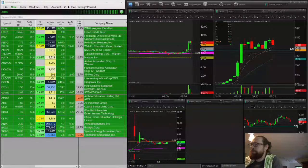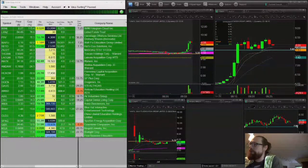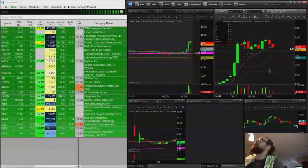Watching down here for a bounce off 8. As long as it holds $8 support. I sold the rest at 8.13. I'm going to switch here for a second to Wimi, because this is going to give us the first